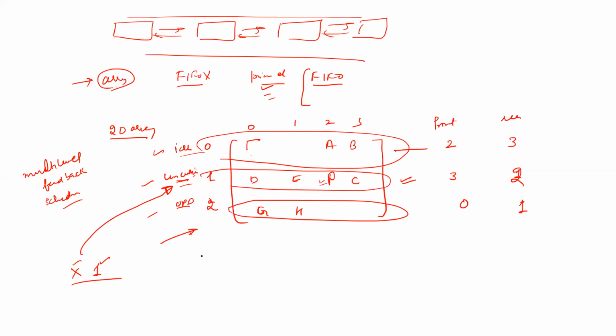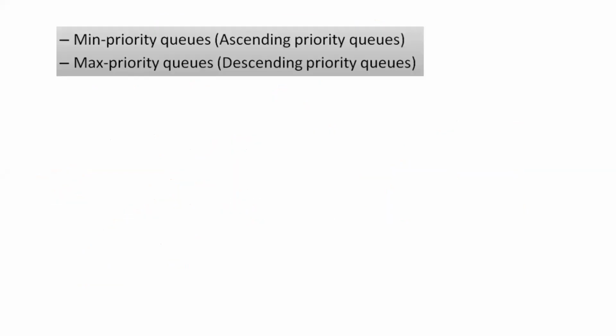But for the processing of element removal or the dequeue operation, until all the elements in the first row are removed, your system cannot come to the second row. So the first element will be removed, then this will be removed. Once this is empty, the process will move further for deletion. Deletion is in row-wise sequence. First this row will be completed, then this row. When this row is empty, then the system will start deleting from the third row and onward. This is called priority queue implementation.